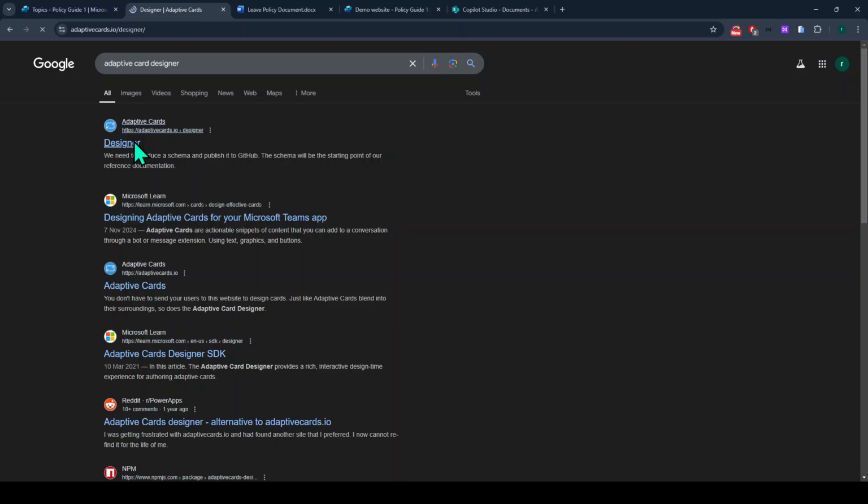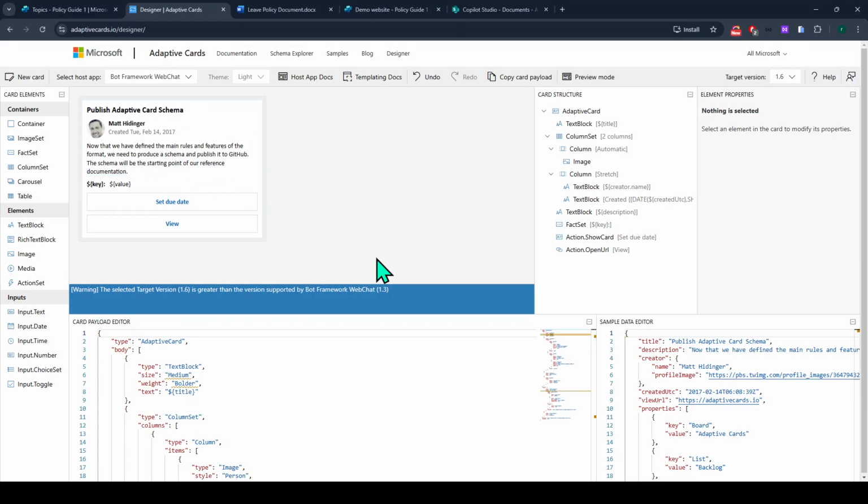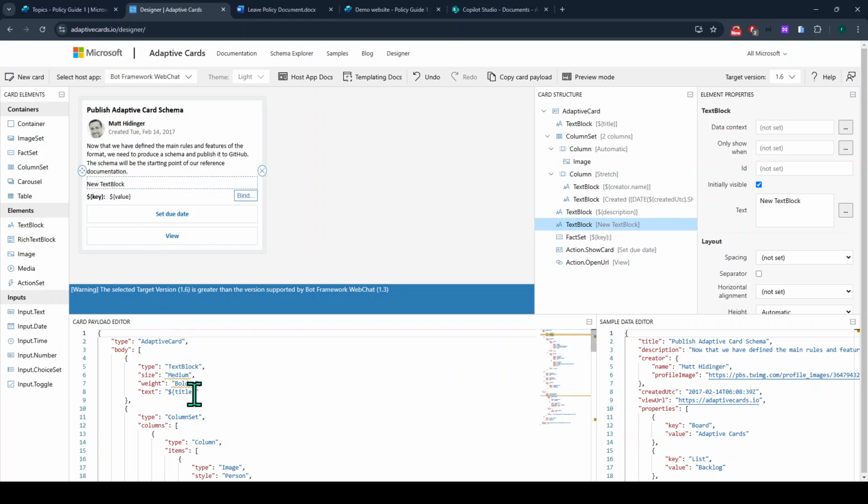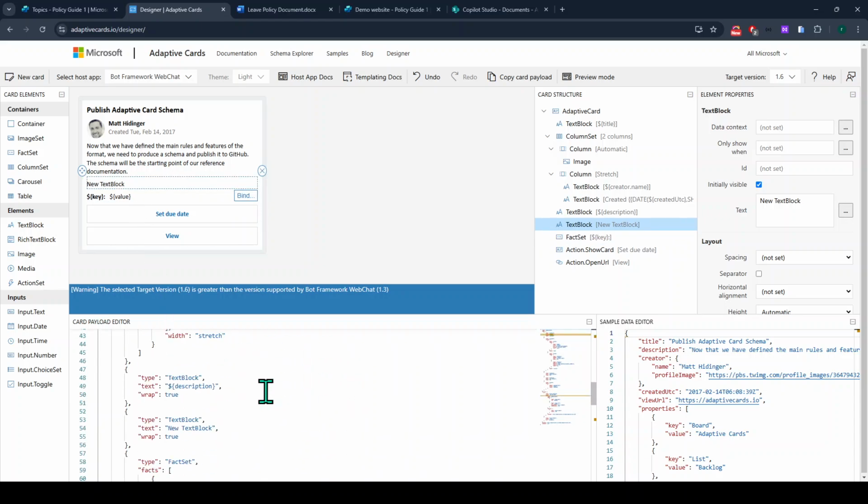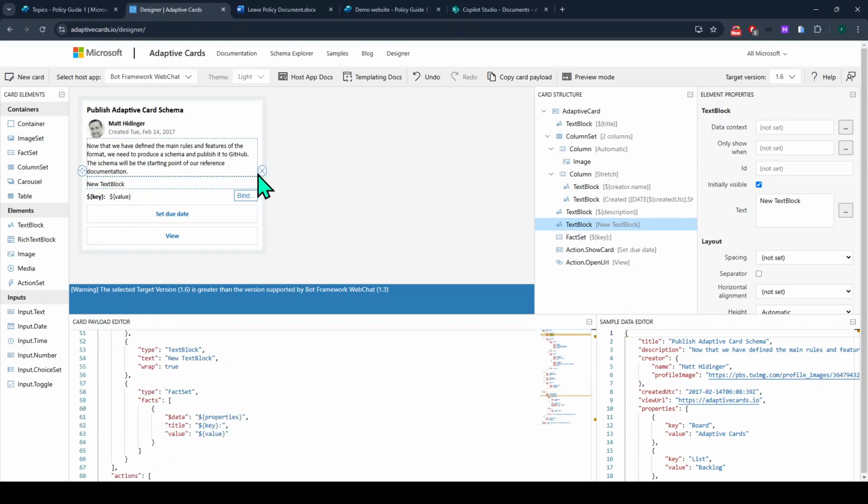The first link from the MSFT. So this is, we can say, a playground where you can build your adaptive card by using these text blocks, and all that content is going to automatically update. So let's say if I delete everything,